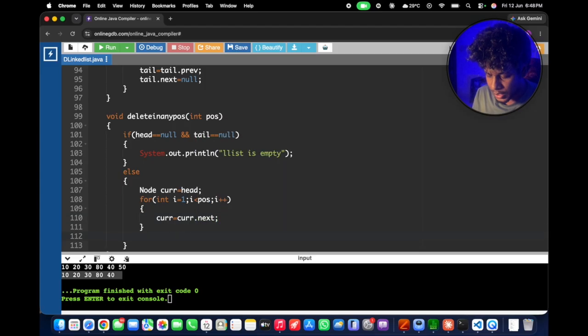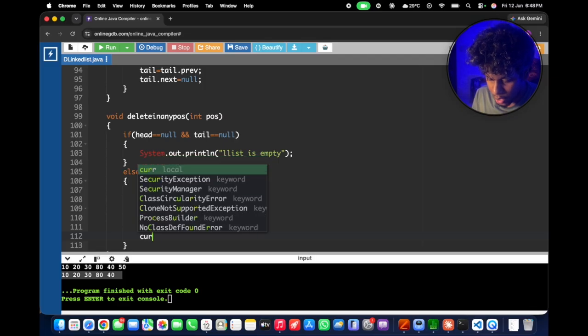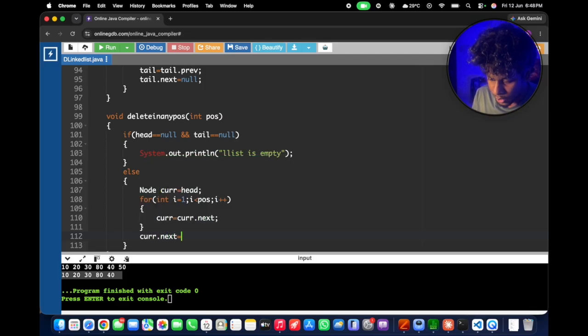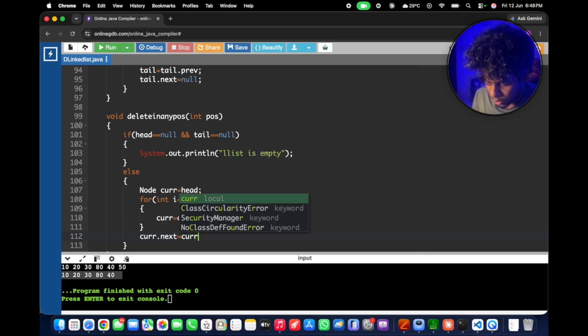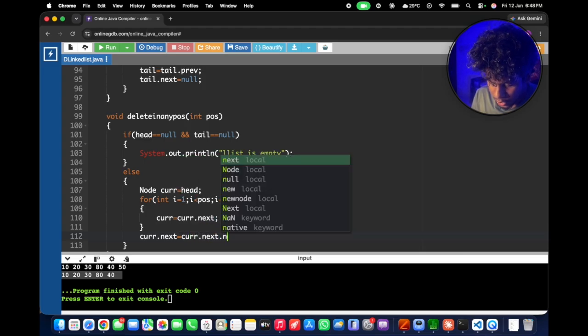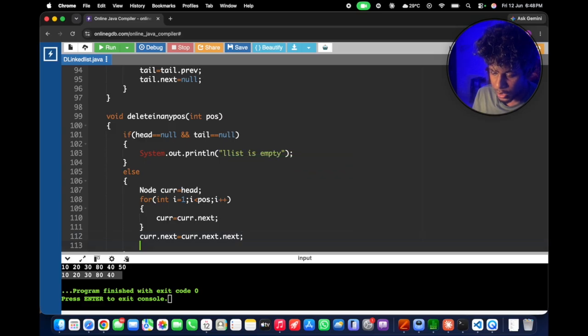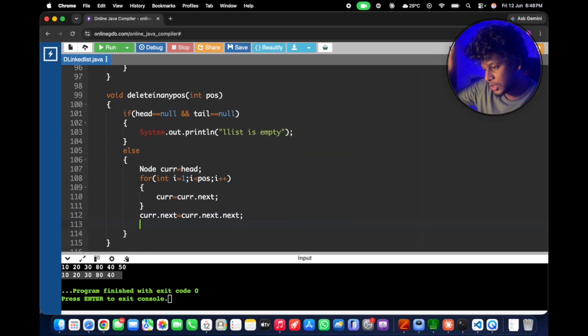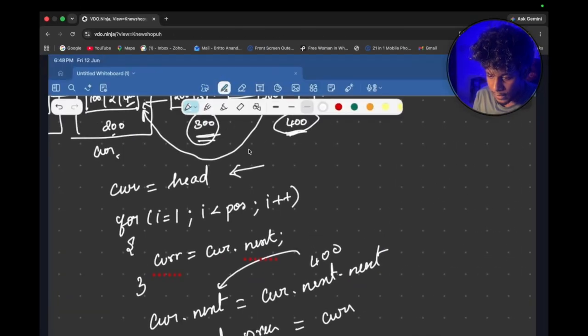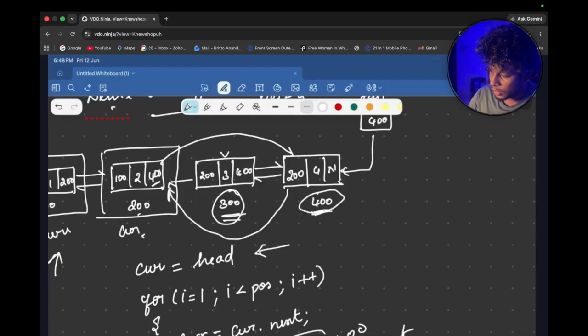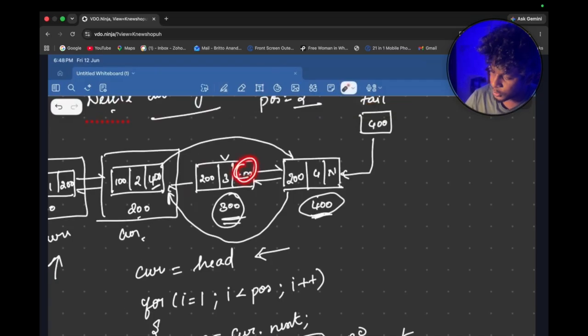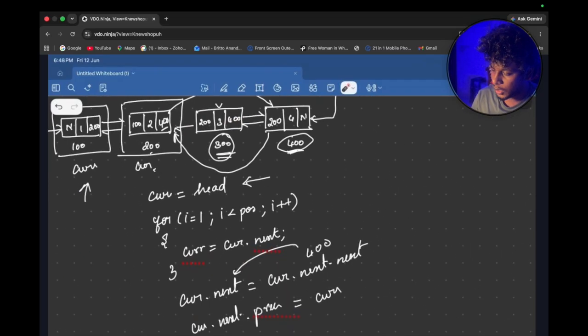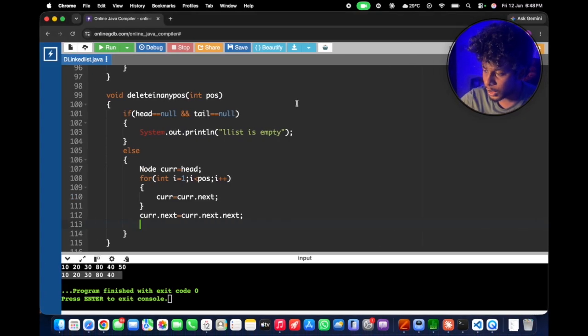Okay, so the next one is current dot next will be equal to current dot next dot next. I can write this line. You know why? Because from one place to another place, the node which is going to be deleted, after that node we have got that particular address, and that particular address we are finding out from that particular position. So for that, what we need to do is